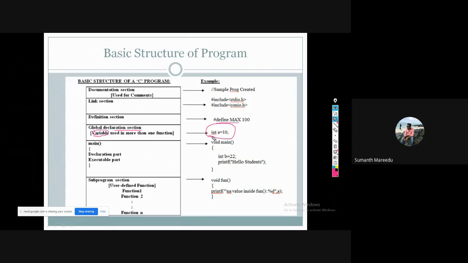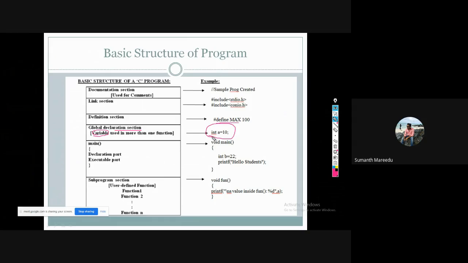We'll not use this global declaration as of now. After 15 to 20 classes, then only we'll come across it. Even though I'll explain this concept now,